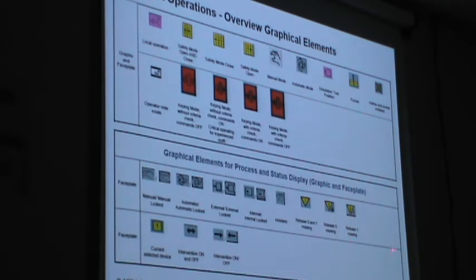And again, these are the symbols used for the PID faceplates. You will get the mode selection and the internal and external. This is important: internal set point and external set point. In a PID controller, the set point can either be decided by the operator or by some logic, which has a calculated value that becomes the set point of the PID controller. If you put the internal mode, only the operator can enter the set point. Suppose you take the flow set point, I need the inlet flow like this much. So the operator can calculate and decide the flow.